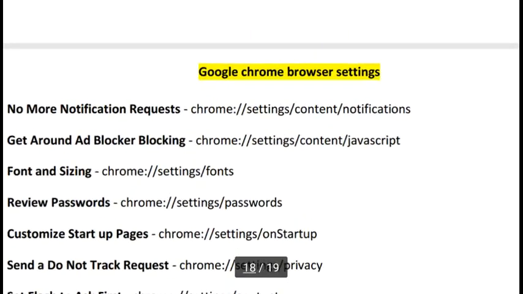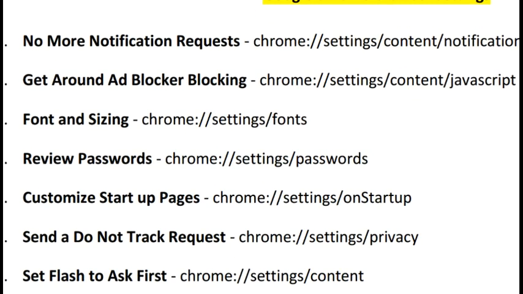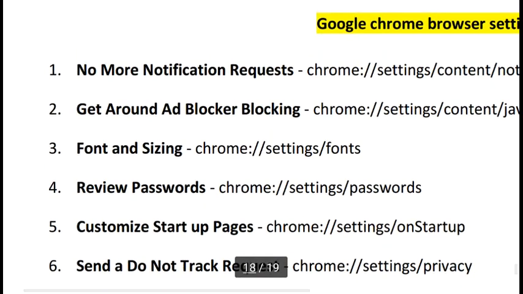Okay, now the last topic is that different browsers have different kinds of browser settings. Suppose Google Chrome is a big web browsing software. Generally we use it only for viewing a website, downloading, uploading, but in the browser there are so many different kinds of options available.